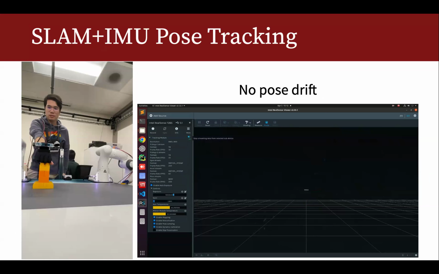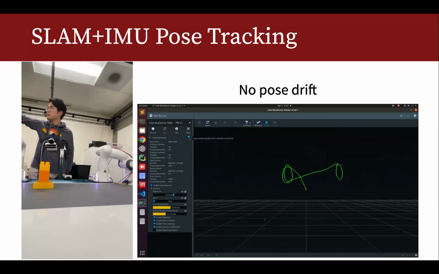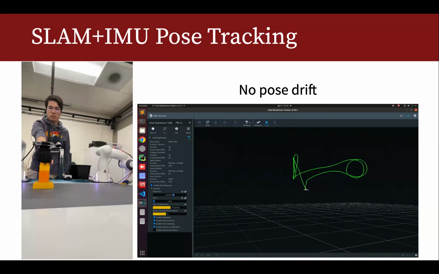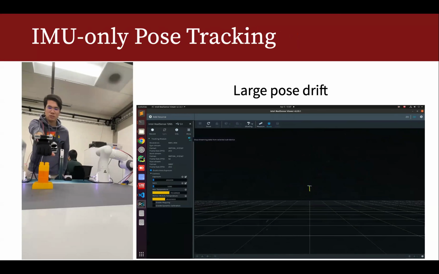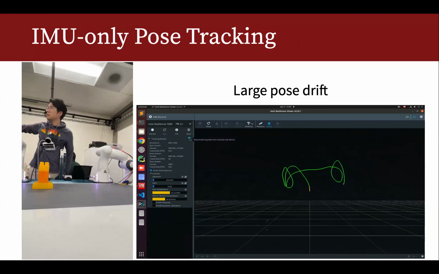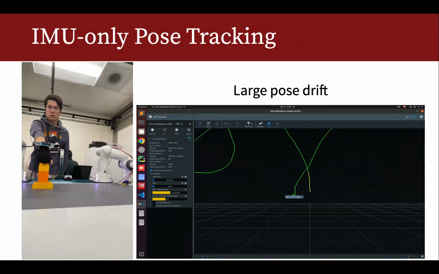All right, so just a quick test. If we just use SLAM and IMU, this is how accurate our wrist localization could be. My student is moving around, and you can see that after 30 seconds or so, he can come back to exactly where he starts. So the drift issue is not there. But if you just use IMU without SLAM capability in your cameras, then you can see this kind of drift starts happening very quickly. And then at the end, this data is just not useful for long horizon capture.